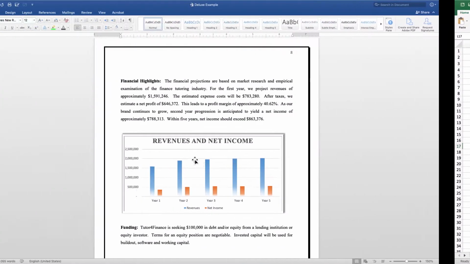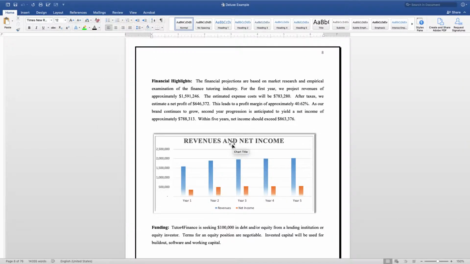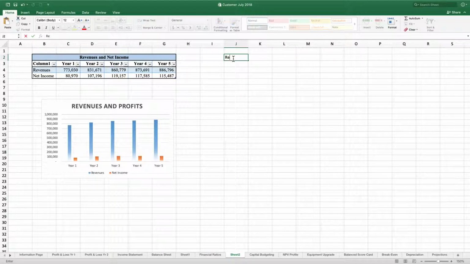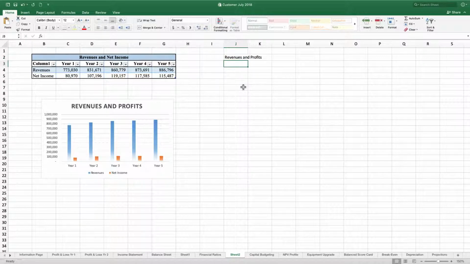When I make that graph for my Word document, I'm going to do it in an Excel document, and the information I'm going to use is a structure like this with your revenues and net income, and then I'm going to go ahead and show you all how to do this graph right here. So the first thing I'm going to do is label up my template right here, which is going to be revenues and profits. And then I'm going to merge this into 6